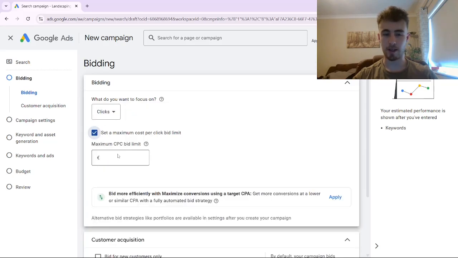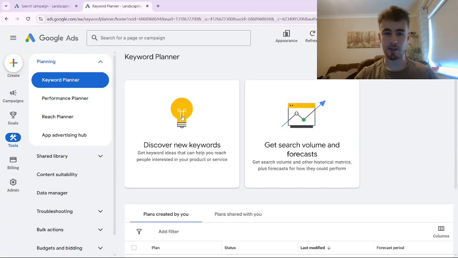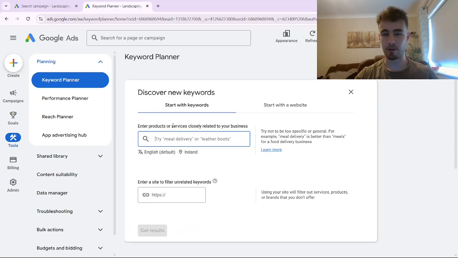And we'd also recommend setting a maximum cost per click bid limit as well. What we like to use to determine what our maximum cost per click bid limit is going to be is Keyword Planner, where we go to discover new keywords. And this is what we'll use for our actual keyword research, which we'll walk through in a moment. But just to get past the stage of deciding what our maximum cost per click bid limit is going to be,